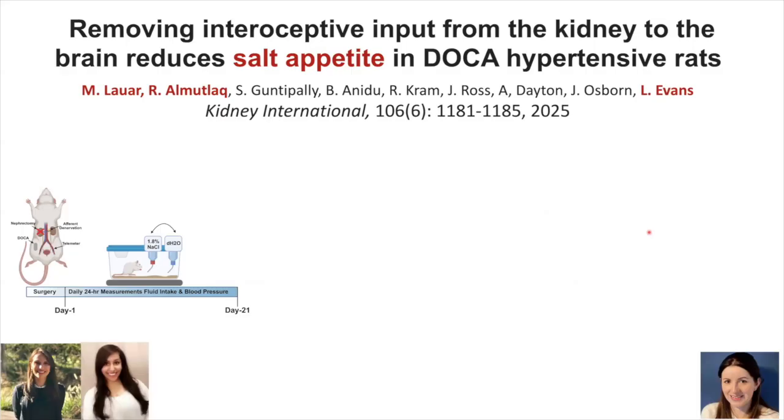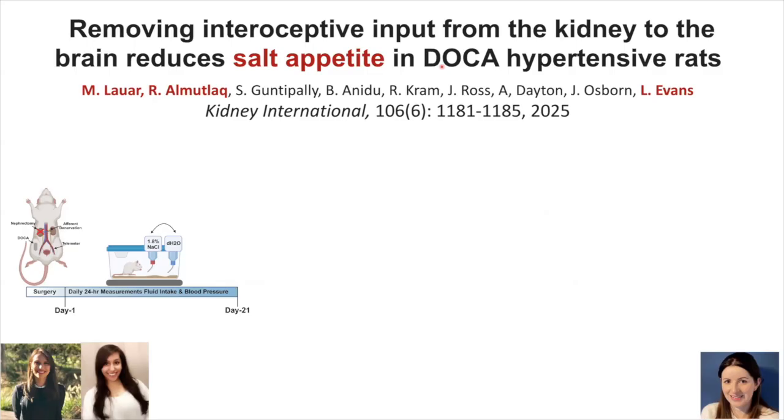Okay, I'm getting close to the end here. I want to mention this is very exciting work that is coming out of Louise Evans' lab. Again, Mariana was involved with this, and so was Rowan, who's a PhD student here. They have just published this recently showing that salt appetite, I told you aldosterone or DOCA-treated animals drink a lot